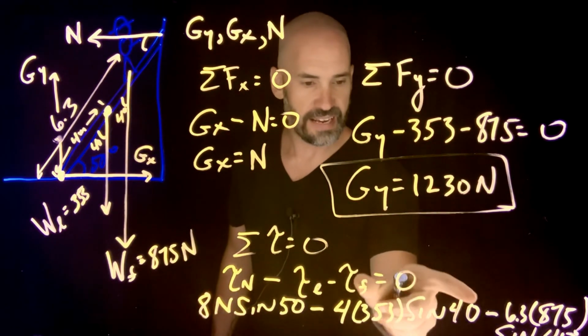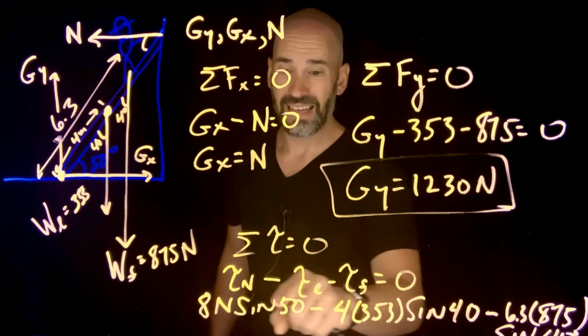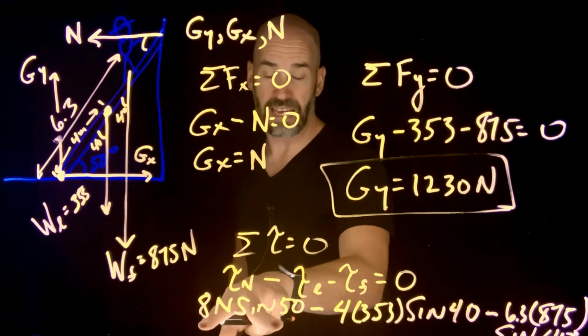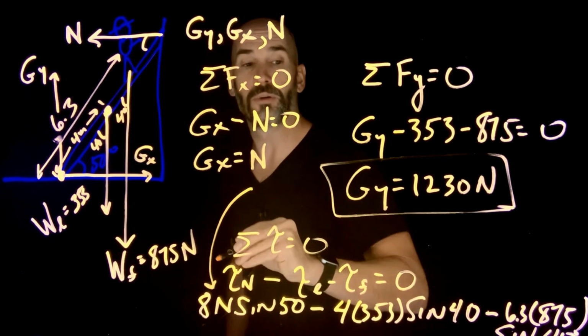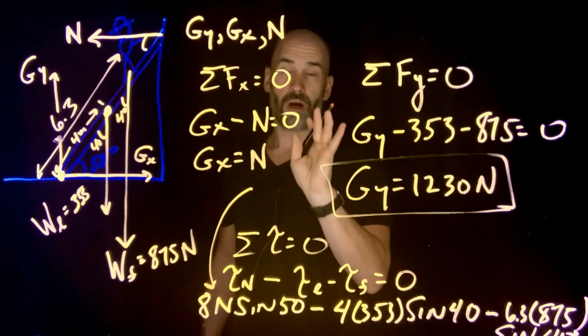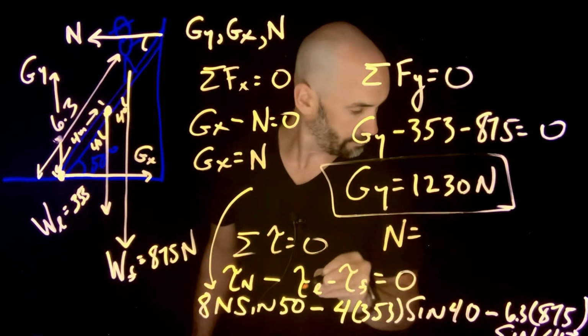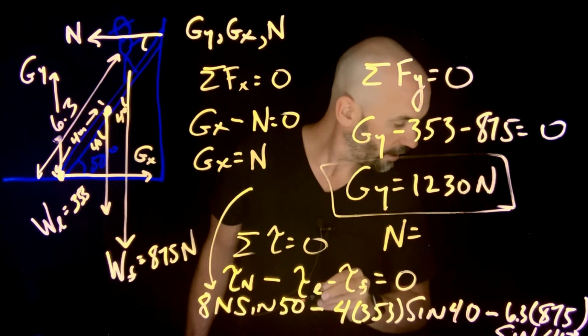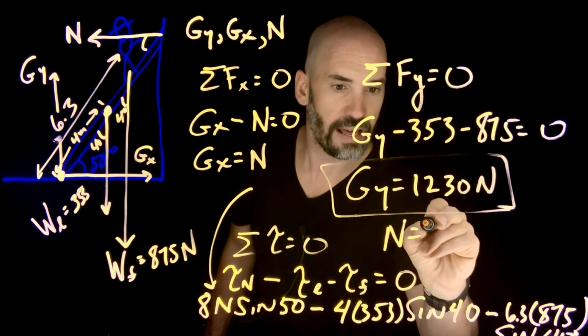I hope I'm still on the screen, but if I'm not, we have all these torques equaling 0. This has a value you just put in your calculator. That has a value you just put in your calculator. That has 8 times sine of 50, that has a value, which means solving for n is super, super easy, right? Pause the video if you like, solve for n. Tell me if you get the same thing that I get. I get a value of 205.9,